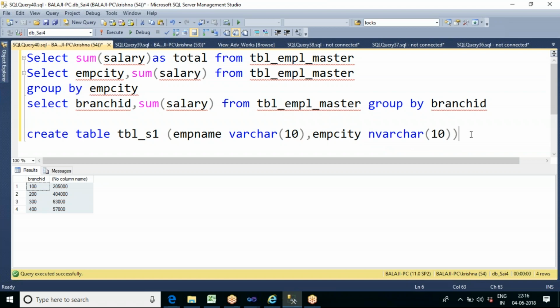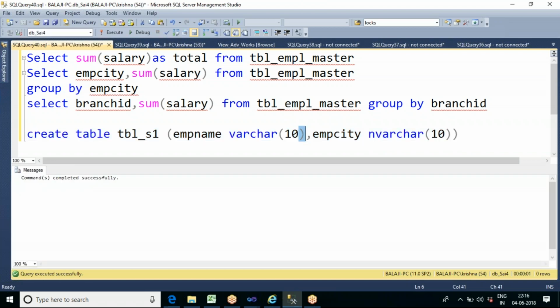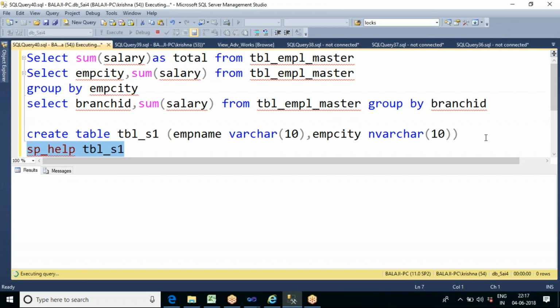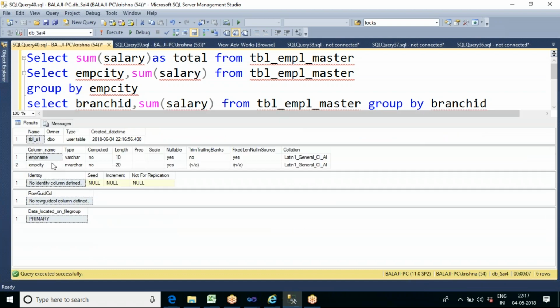Now you can see if I create a table like this, both I have created with 10 cells only, 10 bytes of memory. But if you go and see inside the memory how much space it has allocated for these two columns. Now you can see table underscore s1, employee name varchar of 10.